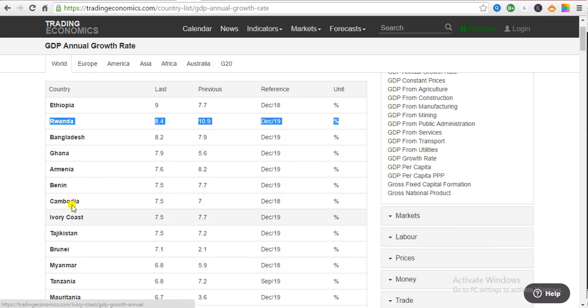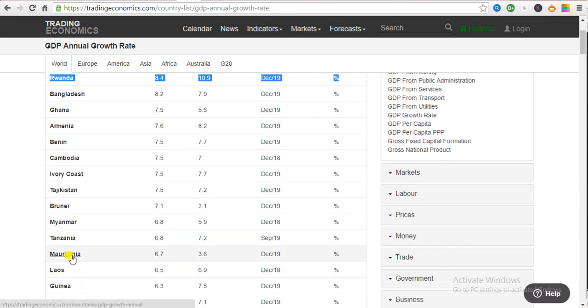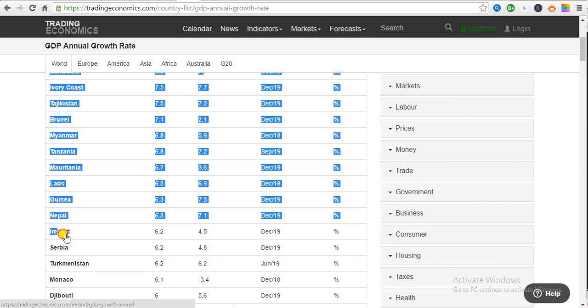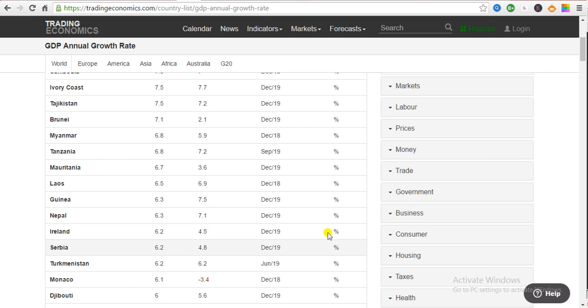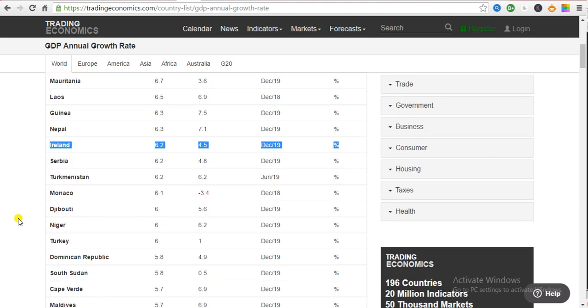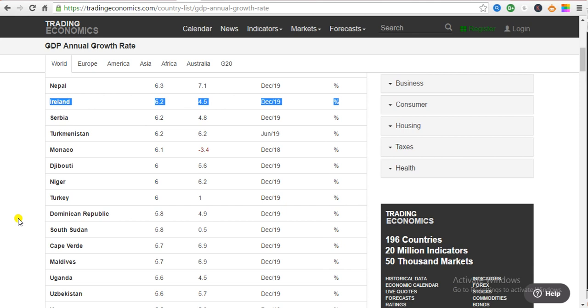Instead, we're seeing Ghana, Cambodia, Tanzania, Mauritania, Laos, Nepal, Ireland. Keep Ireland in mind, because this is a country that is really outperforming, because it's growing pretty quick. The economy is pretty stable, and I think there's a lot that can be seen in some of the developments happening there. Could be a potentially great place to invest money after more investigation. However, now I need to